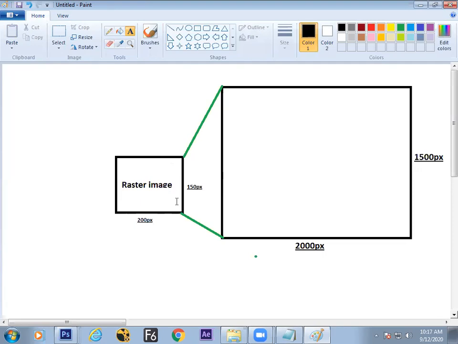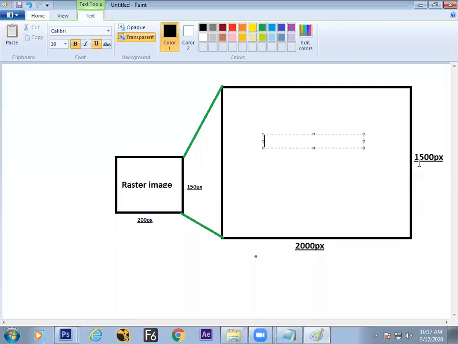When it is a raster image and I increase the size, the image details, whatever the content inside the image, will get blurred. You will not be able to see a clear picture.